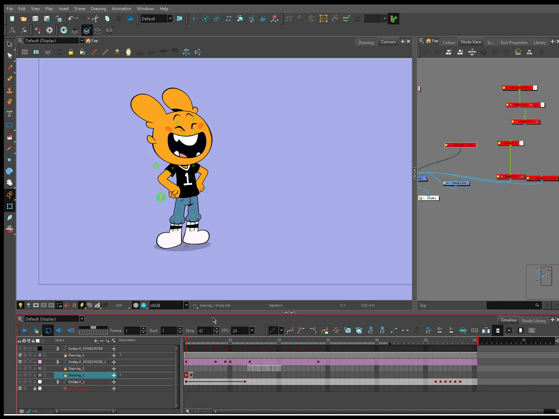And I'm not talking about follow through of hair or materials or things like that. I'm talking about first and secondary motion, things motivated by the body moving.